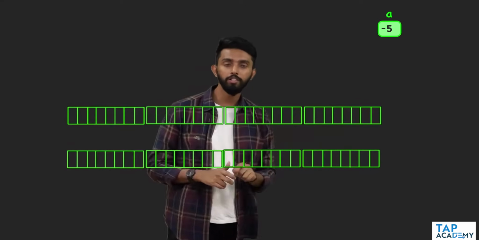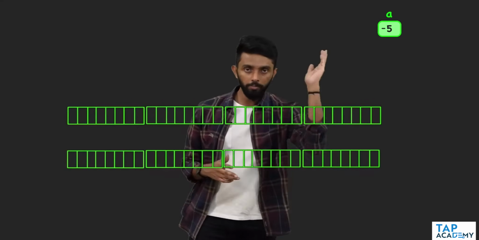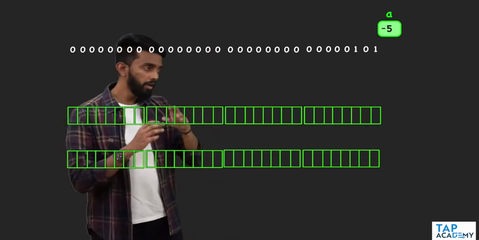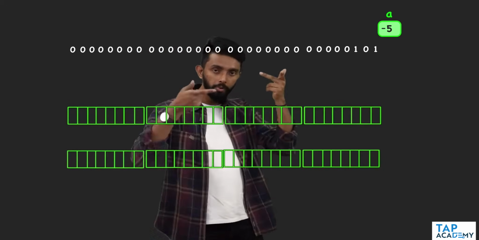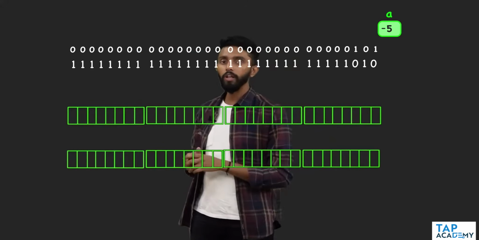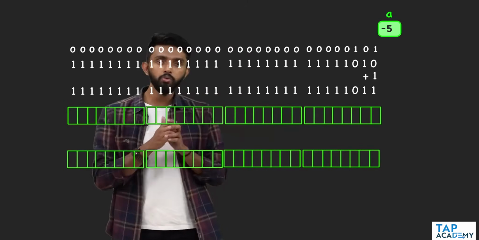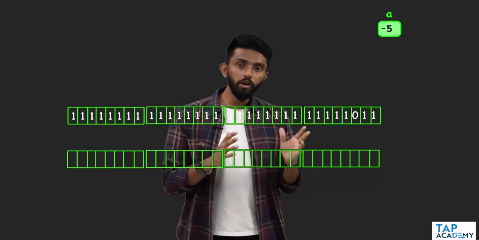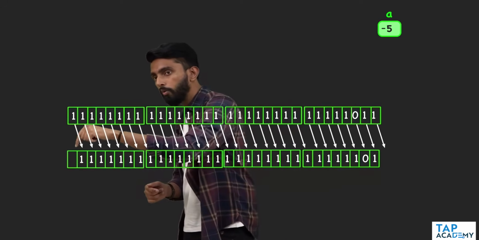I'm clearing these bits. You know that for -5, initially this is the positive 5, then you have to take 1's complement, flip the bits, then you have to take 2's complement by adding 1, and then this is what you will get. Ultimately that is what will be stored, right? So here what is going to happen is I'm going to right shift. If I right shift, this bit will be lost. If this bit is lost, then what will be stored here? All the bits are going to be right shifted, and ultimately I'm going to have